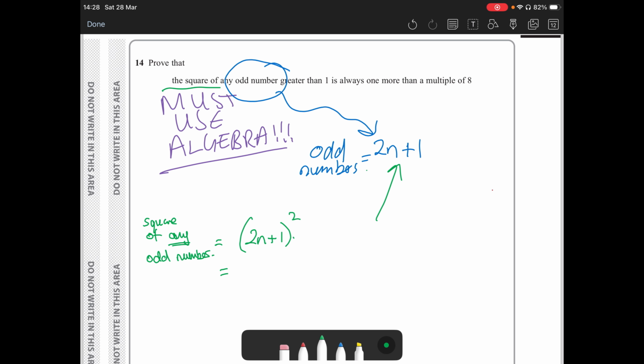And if we do that, it will be like writing double brackets. And here is what we get. We're going to expand the double bracket. So this times this is 4n squared. This is 2n. This is 2n. This is 1. So we end up with 4n squared plus 4n